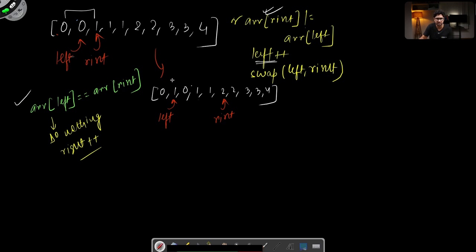I see that now this condition is again hit, where array left is not equal to array right. Whenever this happens, I first increment the left. So I remove this left, and the left starts pointing to one position to the right of the previous position. And then I swap these two values. So when I swap, the new modified array will look something like this: 0, 1, 2, 1, 1, 0,